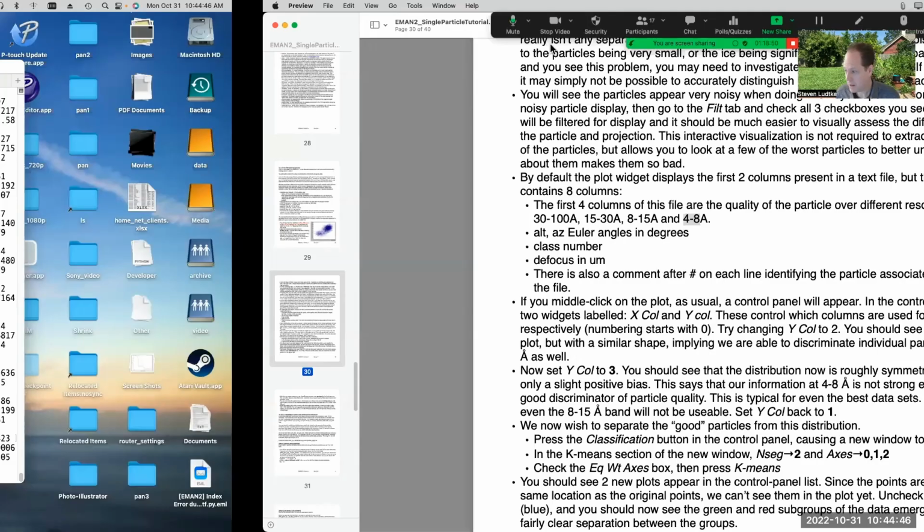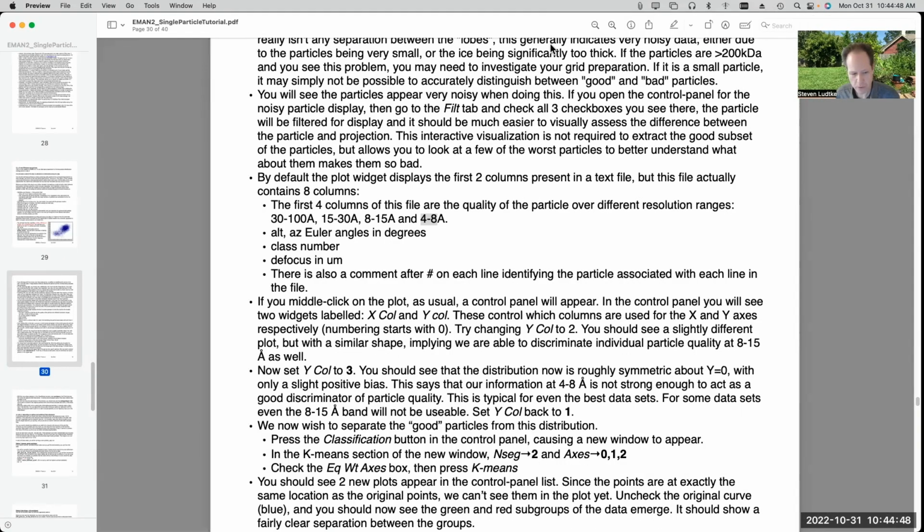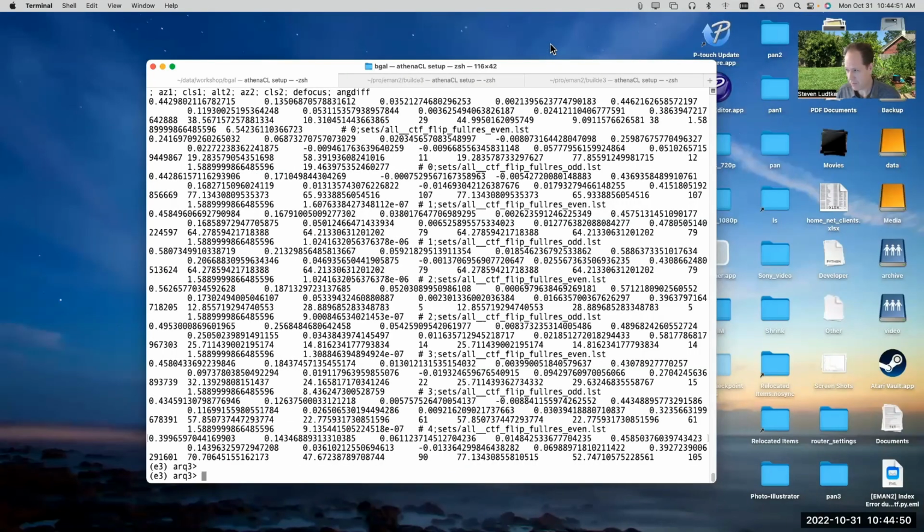Okay, I think we've gotten through everything I was planning to cover for the single particle refinement section of this. So the goal would be then for next week, we would start going through the subtomogram averaging tutorial. If you go to the tutorials page in the web page, there's now a unified subtomogram averaging tutorial. If you have done this previously and say, oh, I've done this before, I don't need to look at it again,